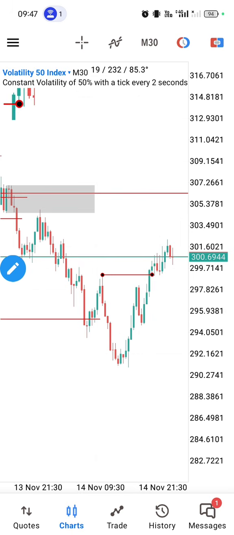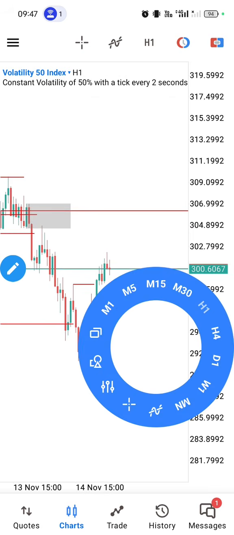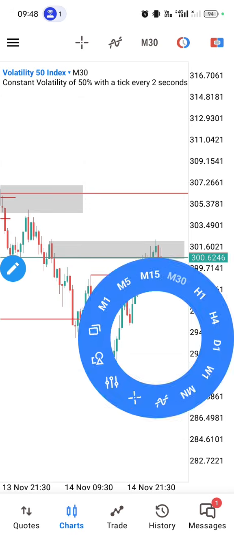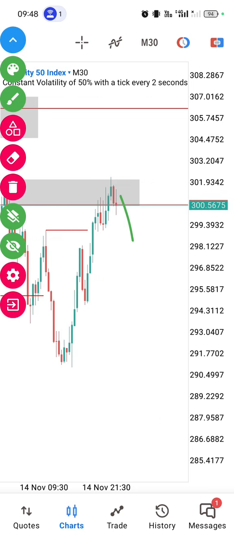Let me just mark it out right there. That's a raid right there. So price just raided that high, and above that high, of course, it's within the range. You can see there's a 30-minute order block. Now that 30-minute order block, price has to respect it and then drop downwards, and we're going to be selling